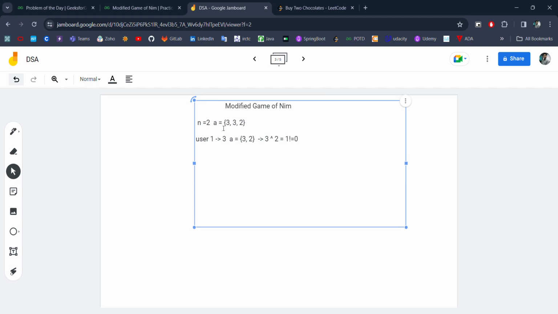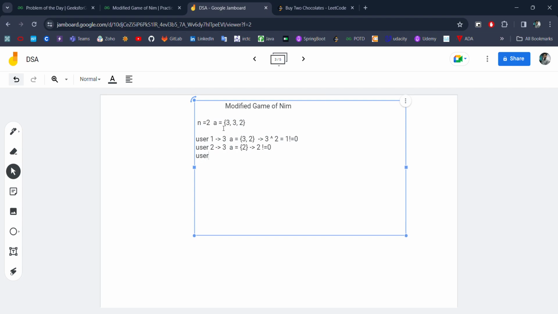After that user 2 will take another element 3, then our updated array contains only 2 and the XOR will be 2, which is also not equal to 0.